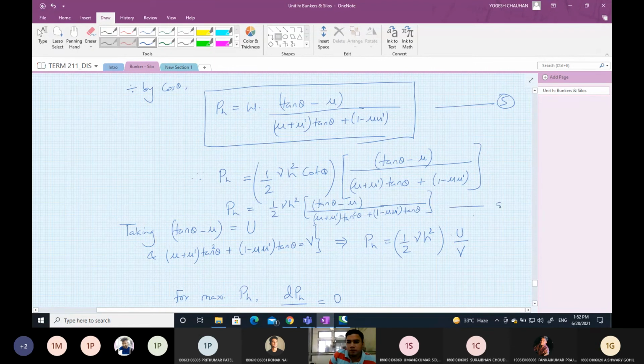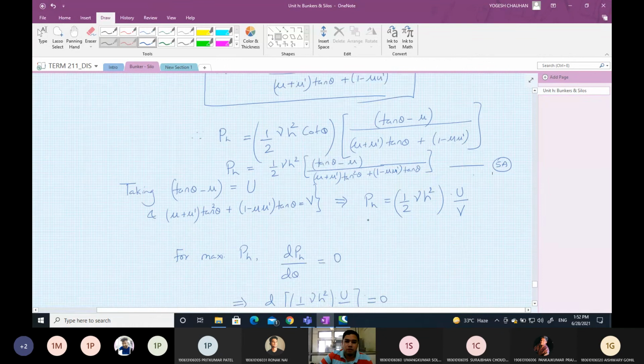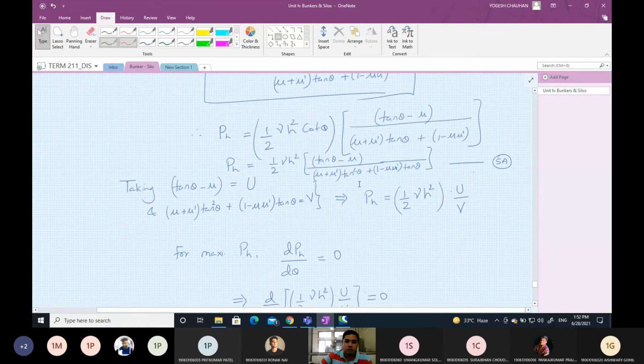Let us say this is φa. So PH is equal to 1/2 γ h² (tan θ minus μ) upon this. So you substitute the value of tan θ here, you will get